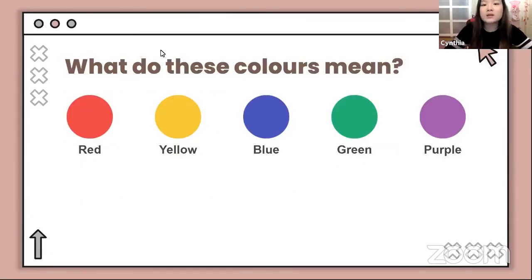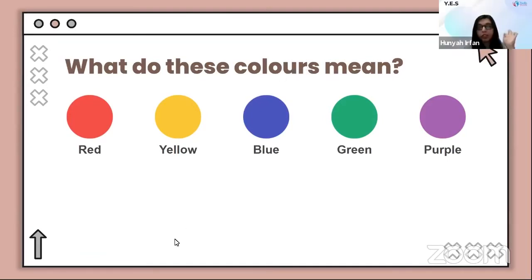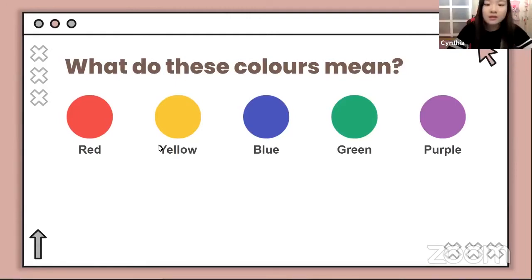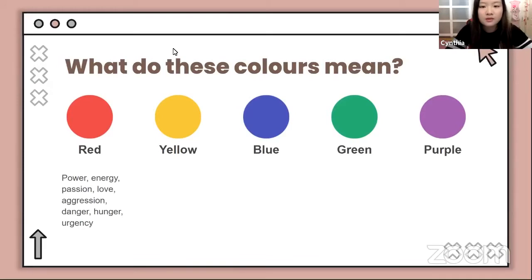So what do these colors mean? I'll have everyone guess the emotions that these colors could convey or what they could represent. I'll go. I think red would be urgency or something that's in need. And then blue would be something simple and minimalistic. And purple would be something feminist or that has some kind of impact, or a social cause. Exactly. So anyone else want to answer what they think?